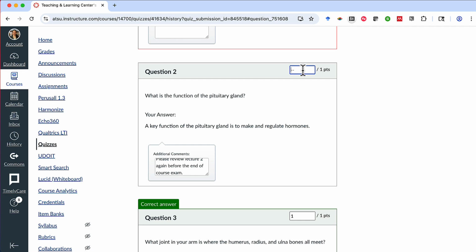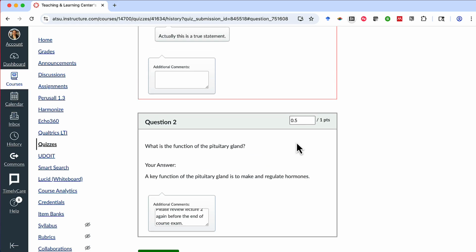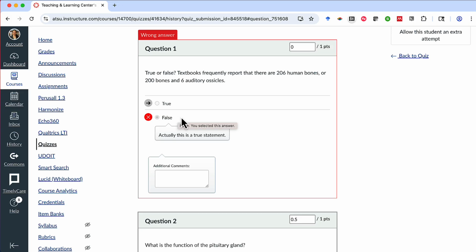And we can manually enter the number of points we want to provide to the student for their answer. So here again, we could do full points, no points, or we could enter in partial points. Like in new quizzes, we also have the opportunity to review questions that were automatically graded by the system. The student answered this question incorrectly, which is what's being indicated here, but we could leave additional comments